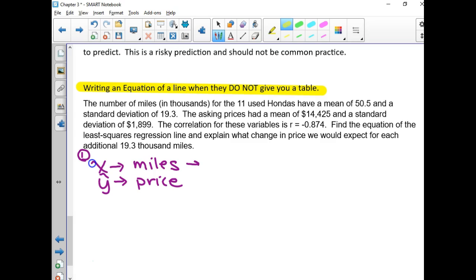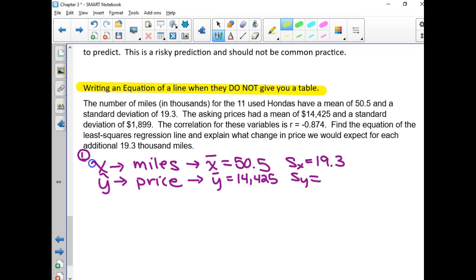The mean for the miles, the X bar, is 50.5. The standard deviation is 19.3. For the price, the mean is 14,425 and a standard deviation of 1,899. The correlation is negative